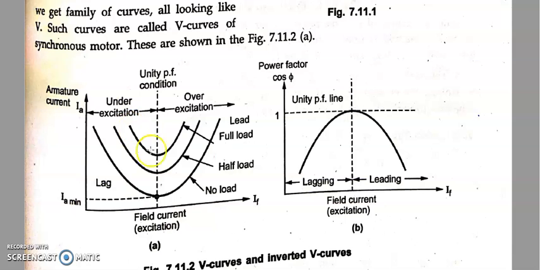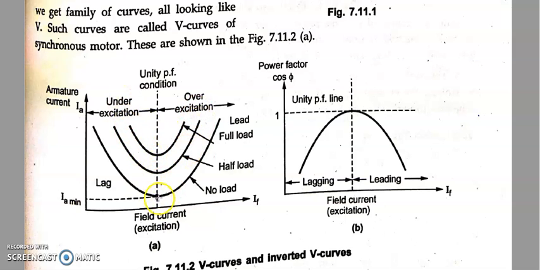And this is for the other load conditions and all. Don't bother about the remaining, just worry about only one V curve. The remaining are the same, depending upon the load conditions. Okay, now this is all for constant load. It may be any type of load, whether full load, half load or light load. We get different V curves for different loads, but the pattern will be all the same.